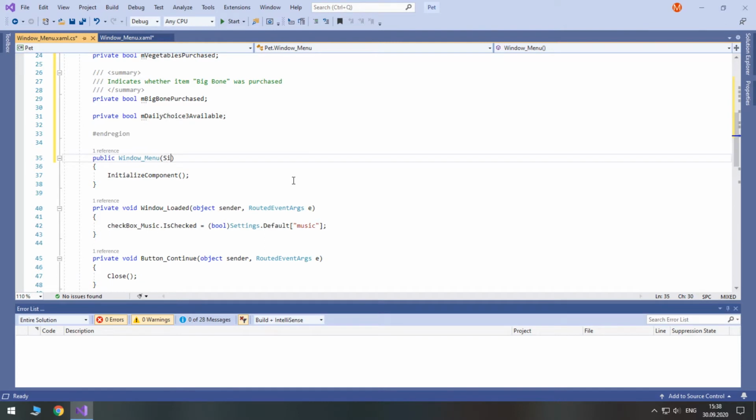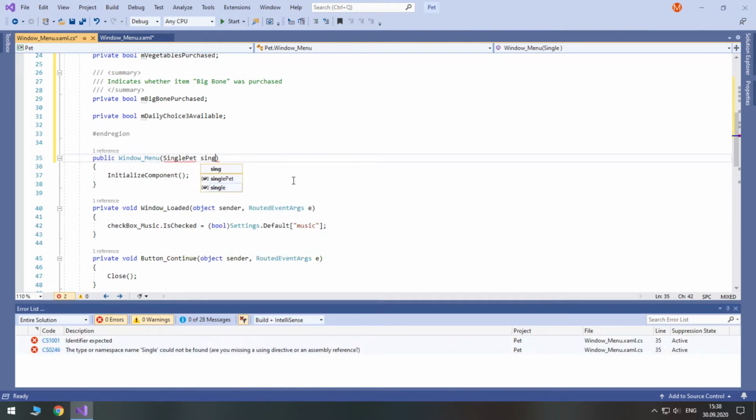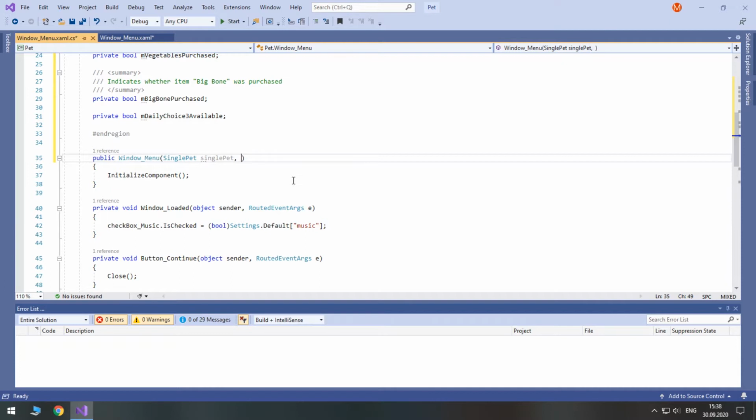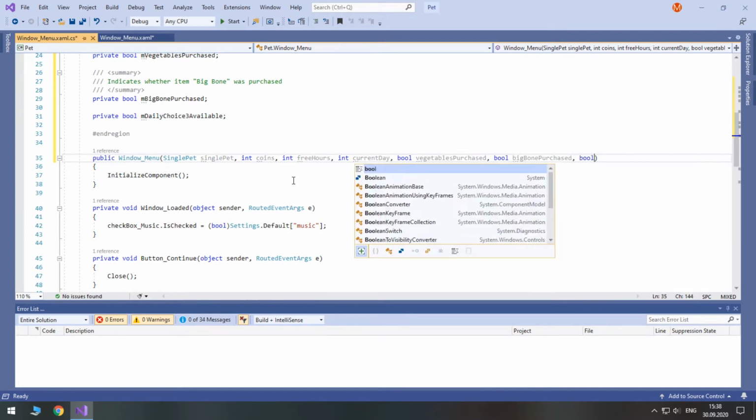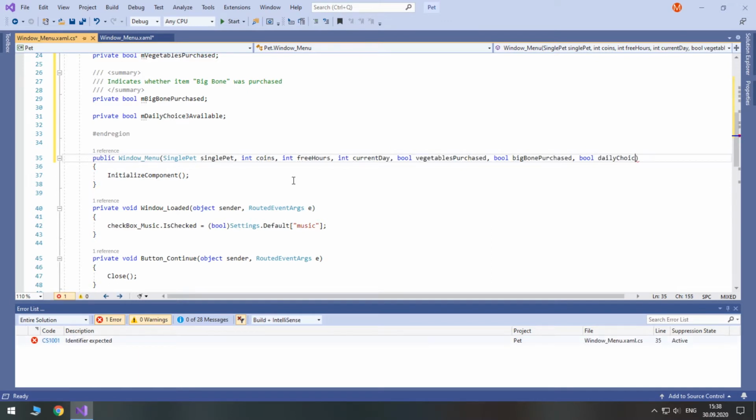So first of all, single pet, then coins, then free hours, then the current day, also whether vegetables were purchased, so bool vegetables purchased, bool big bone purchased, and finally bool for daily choice 3 available.